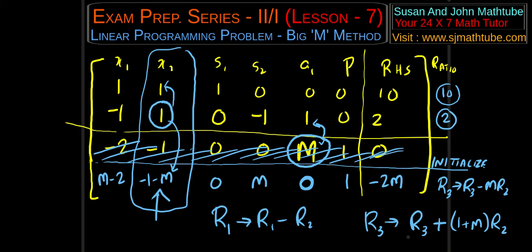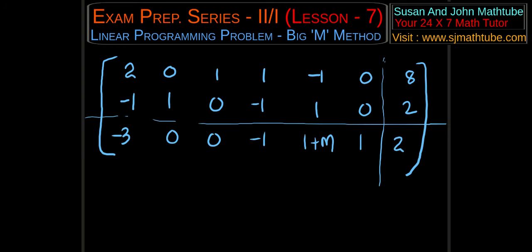I hope you understood this operation, and I want you to do this by yourself, and I'll write the table in a while. So pause the video and try it. Yeah, so I hope you got the answer. You can check it. Okay, so bad news. The table is not optimal. How do you know it's not optimal? The last row is still negative, and we find the most negative, actually the most negative one, and again we